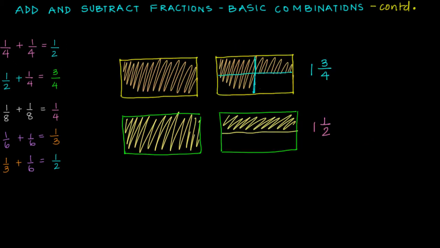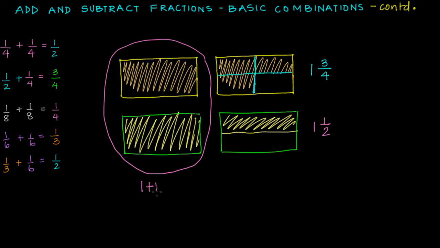A day later, you find that you have 1.5 bars of chocolate tucked away somewhere in the fridge. How much chocolate do you have now? So let's figure this out. From the earlier day, you have 1 and 3/4 bars of chocolate, and you find 1.5 bars of chocolate in the fridge. You have this 1 whole bar and this 1 whole bar, and together these are 2 bars of chocolate. So 1 plus 1 equals 2.